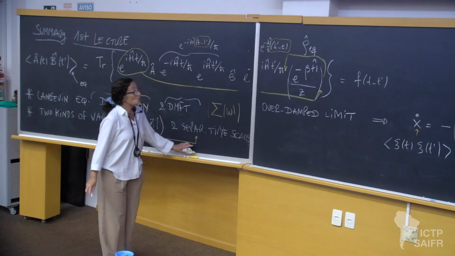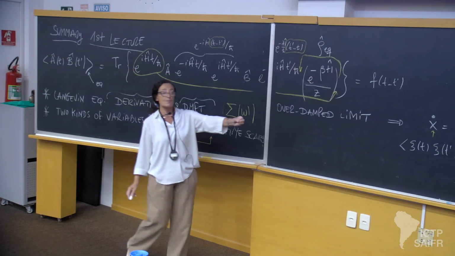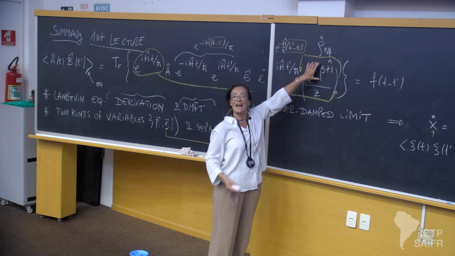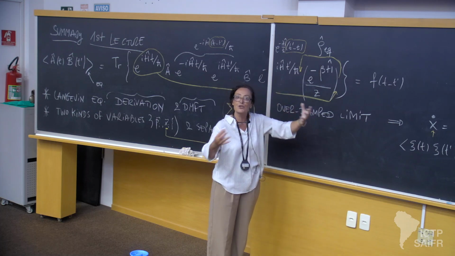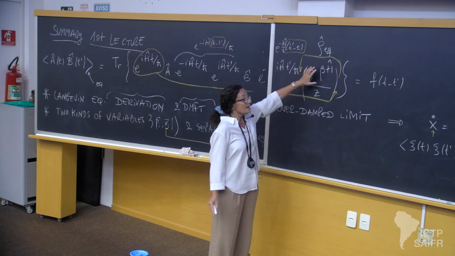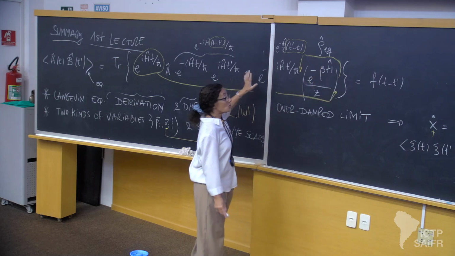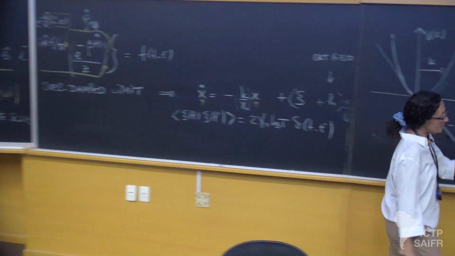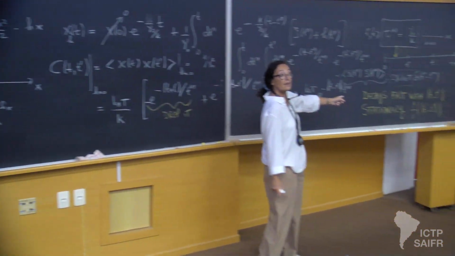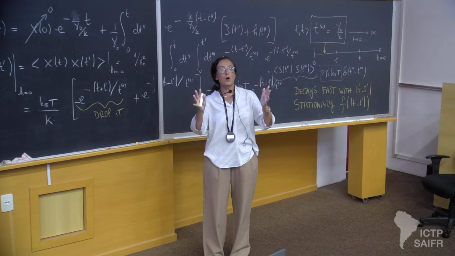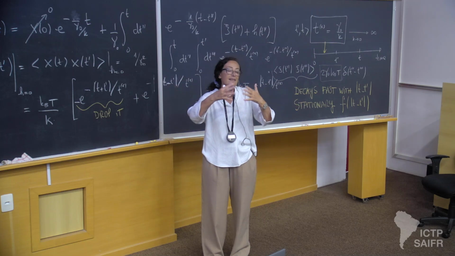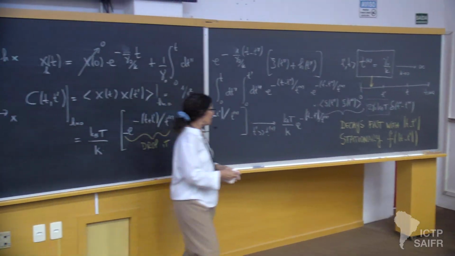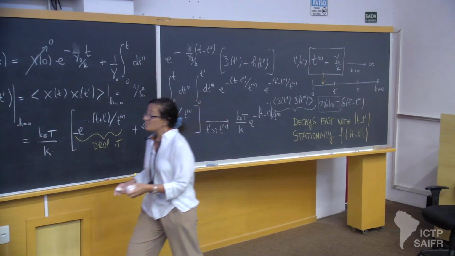So if you reached a situation in time when you reached the equilibrium density operator quantum mechanically, or the equilibrium distribution function classically, then your correlation functions will be stationary. And this means that they depend on time differences only. I did it for correlations between two operators. You can do it in the same way for correlations between any number of operators. And what stationarity means